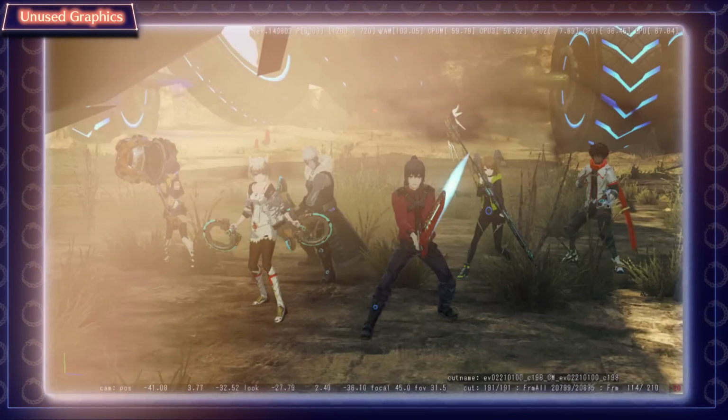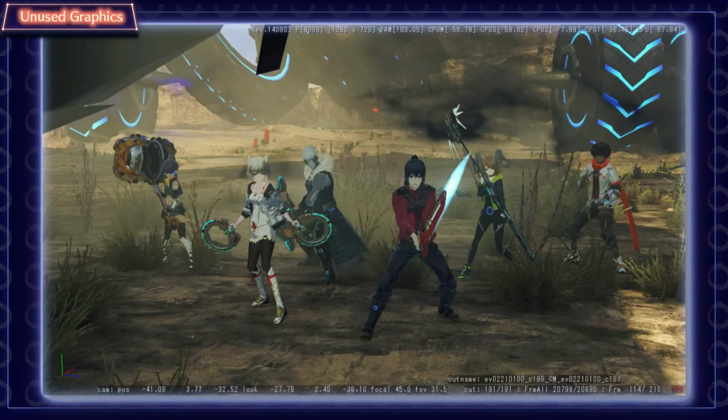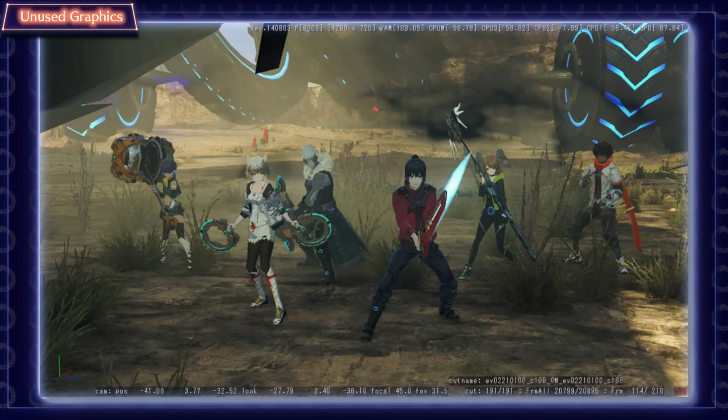And that's all for Unused Graphics. I skipped over a few, which we brought up in a later section, but some interesting ones in here for sure. And it's fascinating to look at some early assets and graphics. What was your favorite graphic? Put it down in the comments. Now, on to...